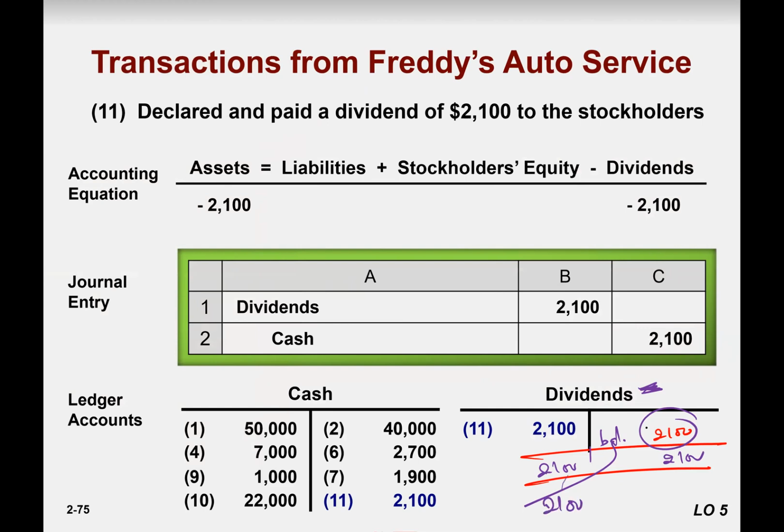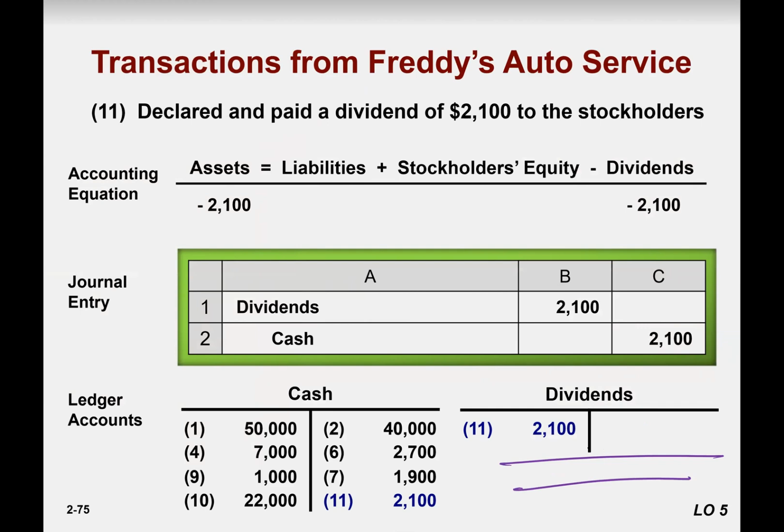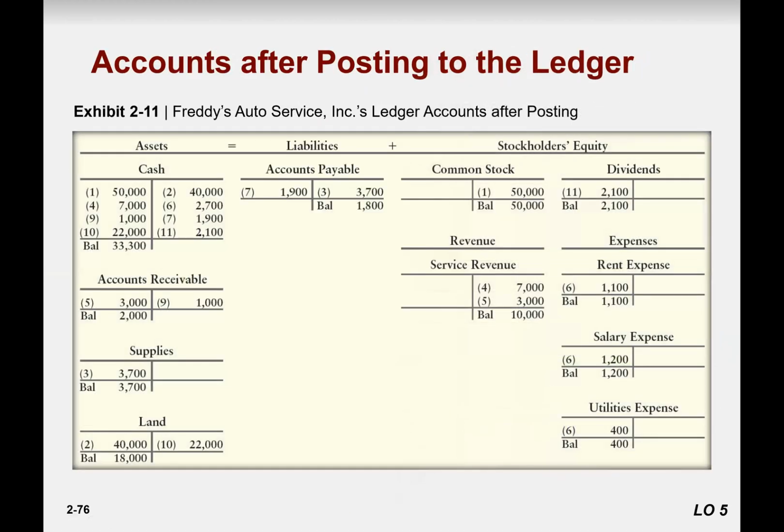So all this logic, if you don't understand that, just remember this one: whichever is the greater side, the balance would be written over there. So the greater side is 2100, so the balance is going to be 2100 on the debit side. So where the 33,000 came from, this cash account, you balance it out. It means